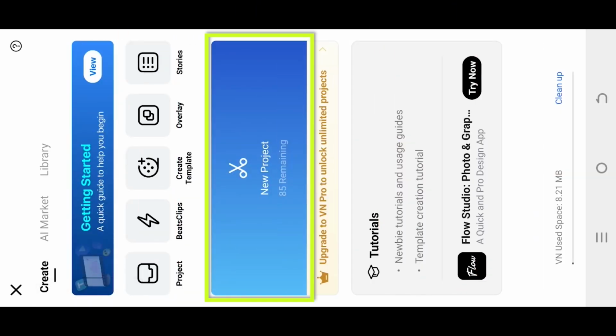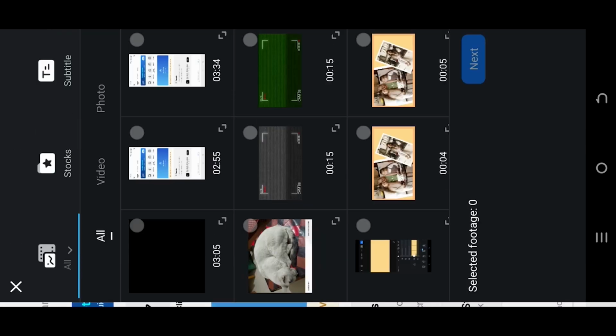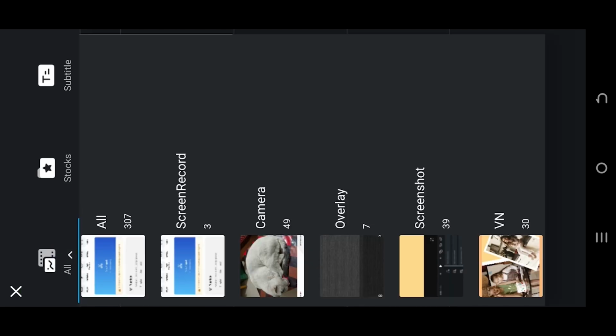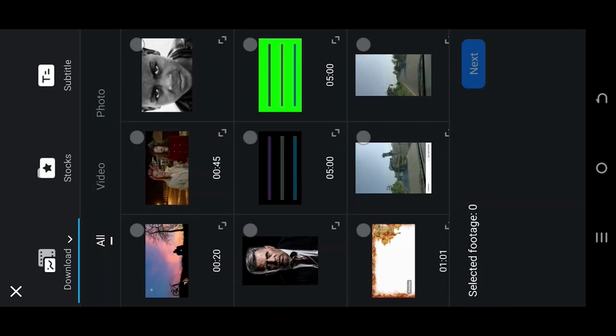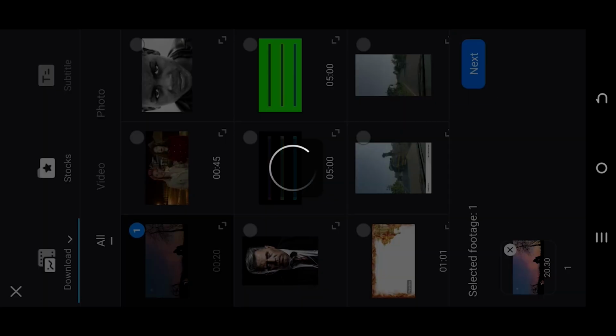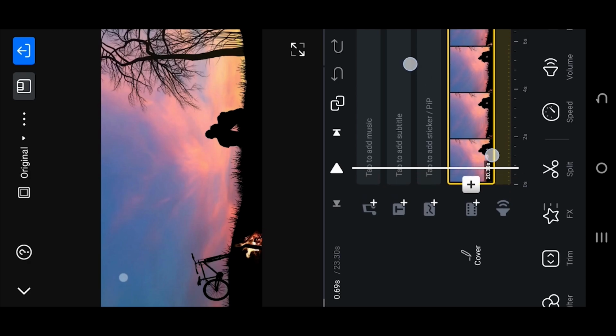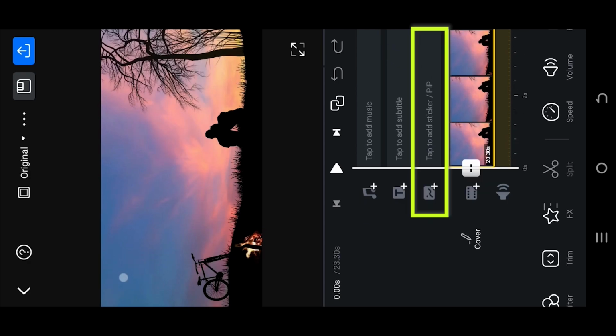So guys, let's create a new project. Tap on the top left corner, select the folder where you have your files. Let's go with this one. Press next. Now for the fireworks effect, select the PIP layer,